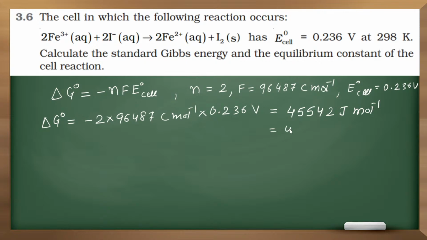So in kilojoule it is 45.542 kilojoule per mole. Okay. Now to calculate the equilibrium constant,